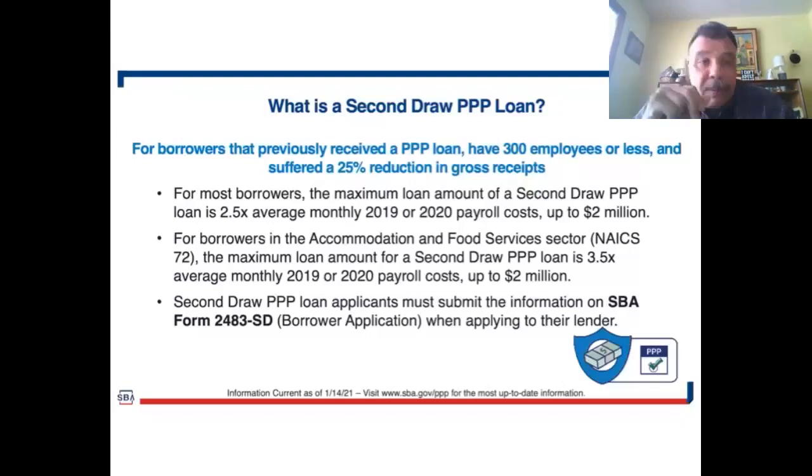And to make it even better, if you have one of the 72 NAICS codes, restaurants, remember before we looked at calculating the average payroll, breaking it down into a monthly deal and multiplying it by 2.5. If you're in the restaurant business or hospitality, that catering type business that's covered under the NAICS 72 family, you can go 3.5 times the average for the maximum loan amount. So this seems to be like PPP on steroids a little bit, if you ask me. Next slide, please.